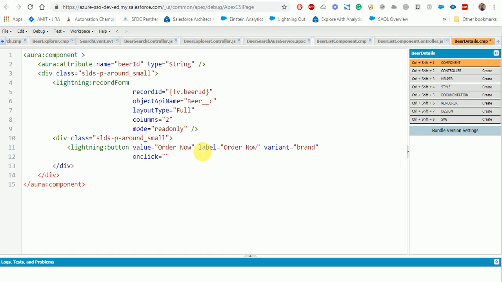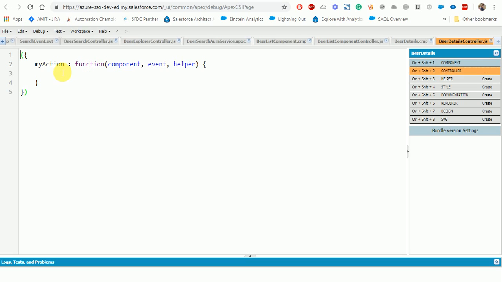On click you can just call a method, and on the controller we can create a method that is doOrder.